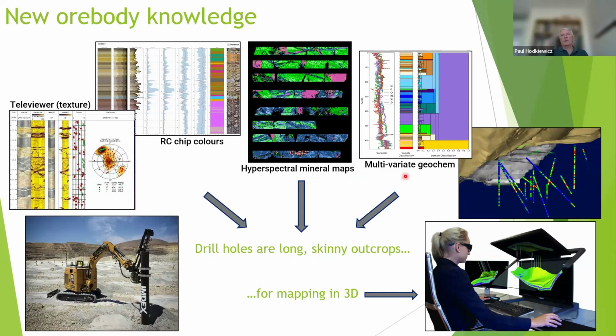This is multivariate geochemistry using Data Mosaic, which is a tool that CSIRO has developed. So this is the ability to look at multi-element geochemistry down a hole and define different intervals based on that chemistry using wavelet tessellation. And the whole point is that you can use all these different data sets and look at the